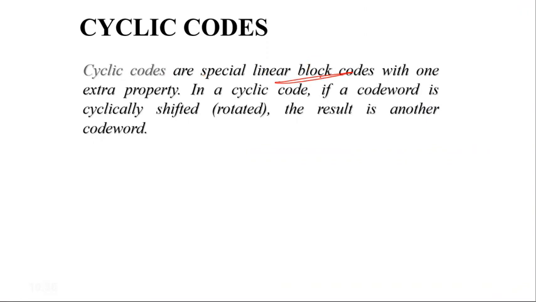Whenever we are talking about block codes or codes in general, which have a size of k bits, almost all the block codes that we are using today belong to a subset known as linear block codes. Now, what is a linear block code basically? A linear block code is a code in which the exclusive OR of two valid code words creates another valid code word. So, suppose we have two valid code words.